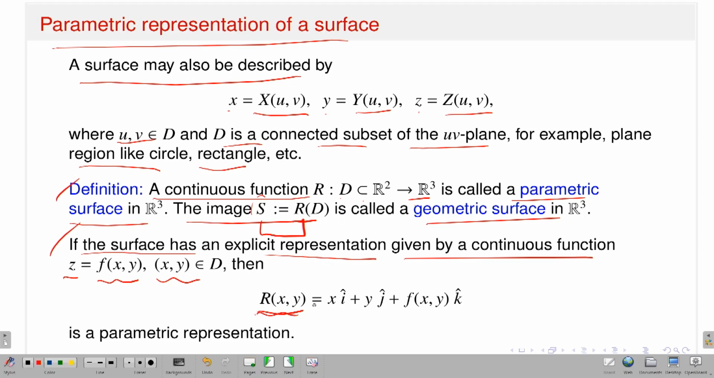So that means I can write R of x, y. If the first component is x as it is, the second component is y, and the third component was z. Now z can be written as f of x, y. So therefore, this is the corresponding parametric representation. So if I have an explicit representation of my surface given, then you can easily write its parametric representation,